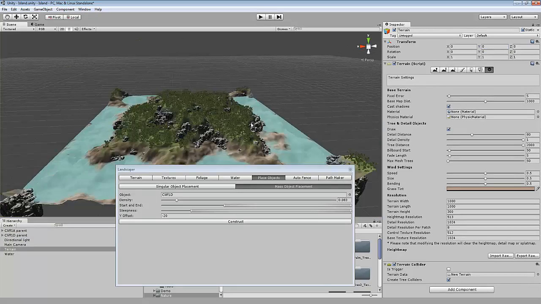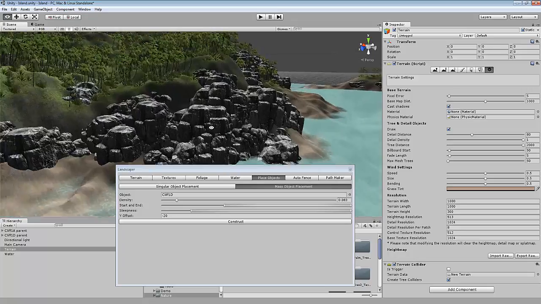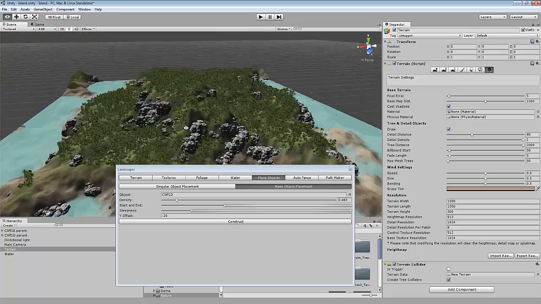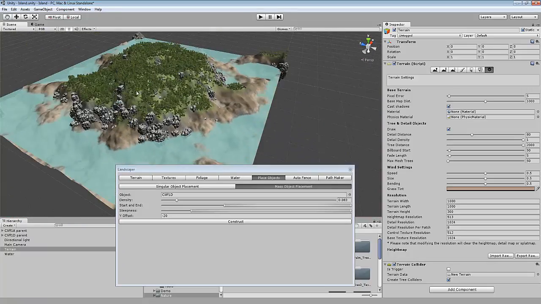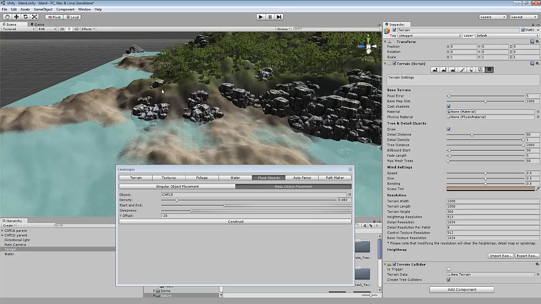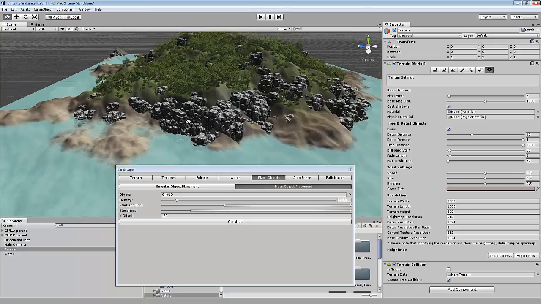So that looks pretty good for a scene. I am pretty happy with that, and we've covered object placement and the foliage in this video, and we'll be going on to auto fence and path maker